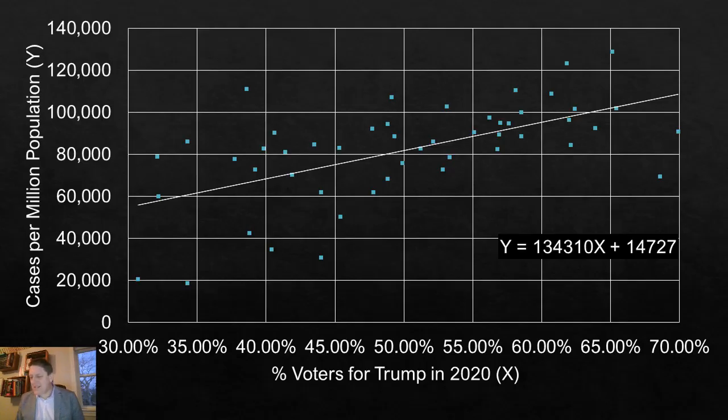So what does this tell us? It tells us that of the 3 stories that we could spin about what leads to a state having a really high infection rate versus a low infection rate, the one variable out of these 3 that overwhelmingly explains most of the variation is the one where we say the states where there was a high vote for Trump seem to have the highest infection rate. It's still not explaining everything. It's only explaining about a third of the variation, right?